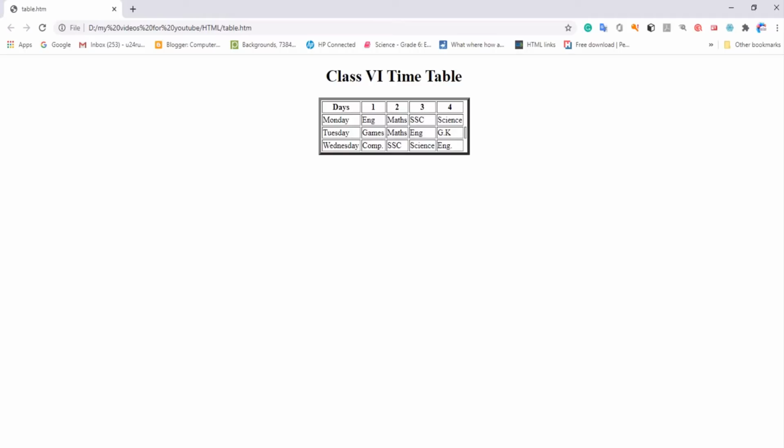Okay, so now next is spanning cells. Spanning of cells means that you can combine 2 or more cells in a row or column to make one large cell. It means you can merge the cells.